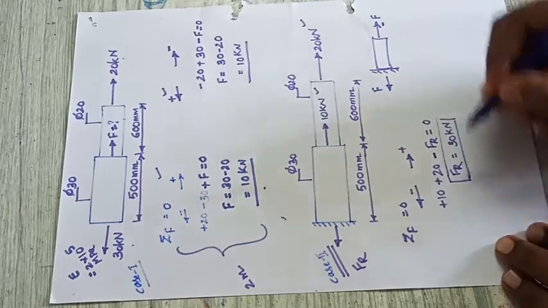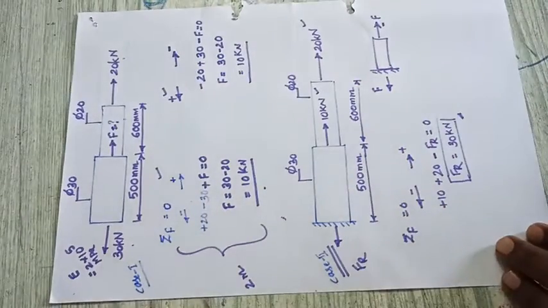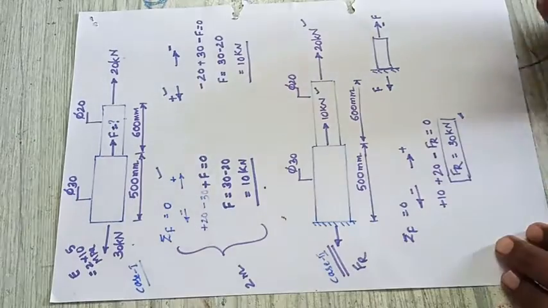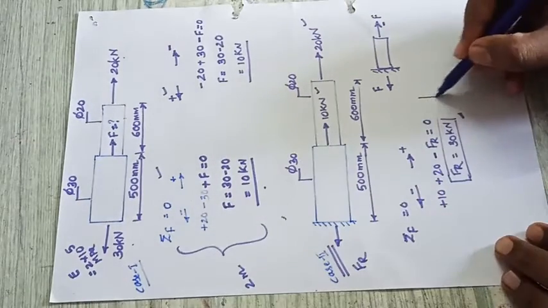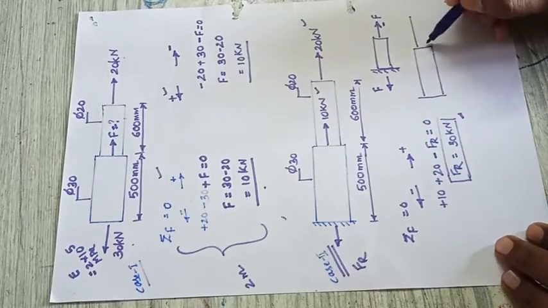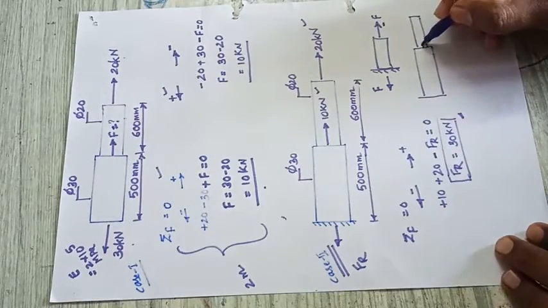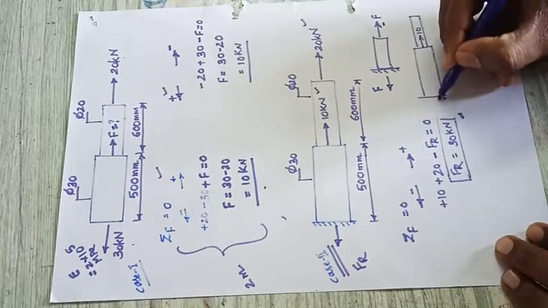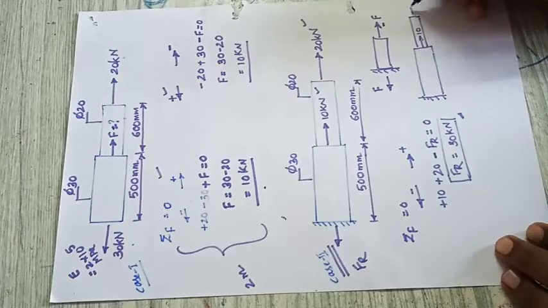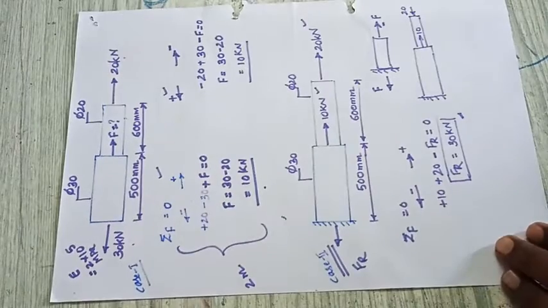So you may ask, if these two are in the same direction, what if I change the direction of any one force? See here, if I draw the same figure like this, instead of changing the direction of this, I am keeping the 10 kilonewton as it is, and then changing the direction of 20. So can you imagine what the direction of the reaction force is here? In which direction do you have to assume?